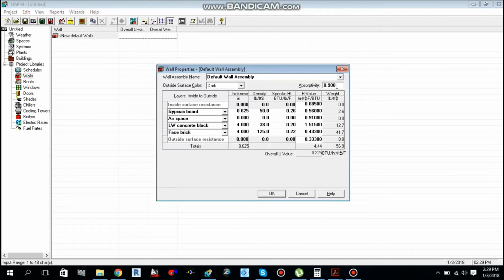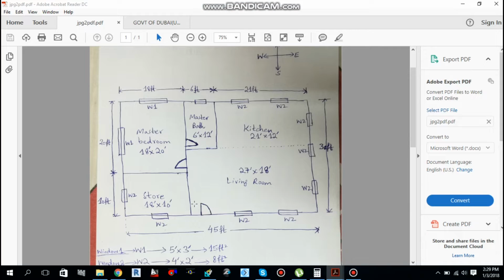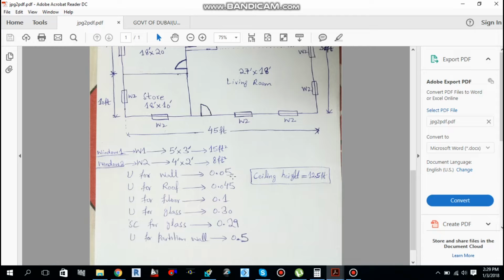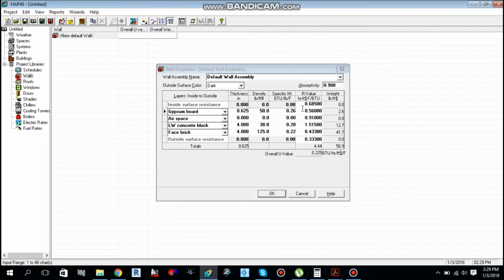Default wall. Here in HAP you cannot give direct U values for the wall. So in order to give the U value for the wall, which as you can see over here is 0.05, I need to make it by selecting different layers.